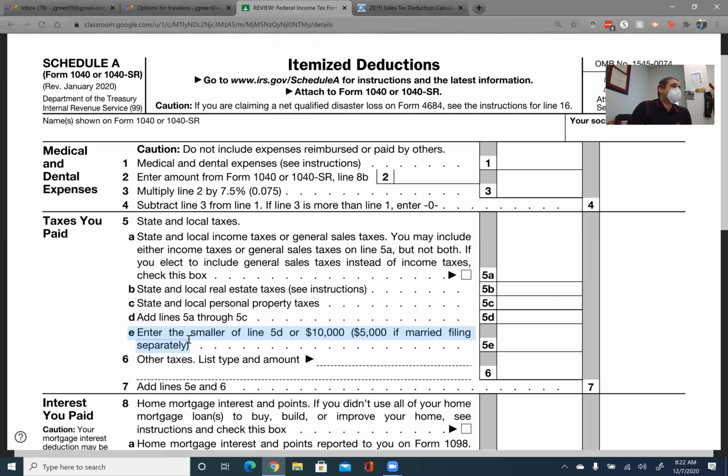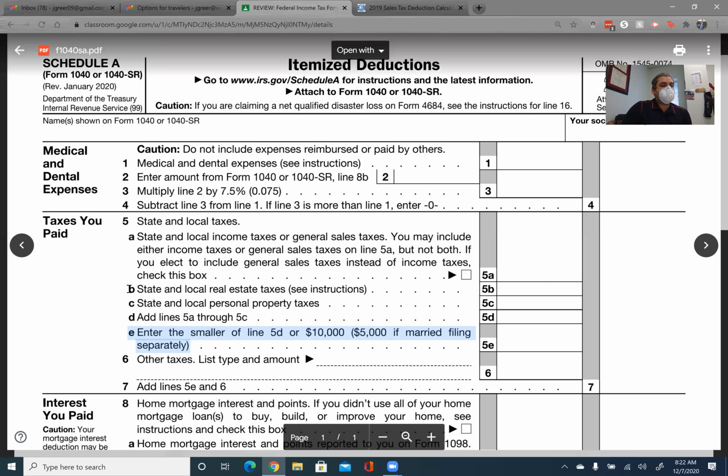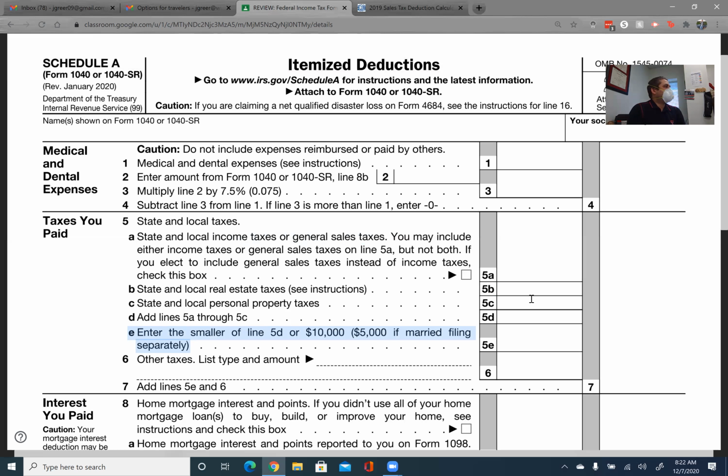So if you live in a state that has either a high income tax like New York or California, or a high property tax like Texas, you're limited to deducting $10,000. So if you add up lines A, B, and C together, and it comes out to $12,000,